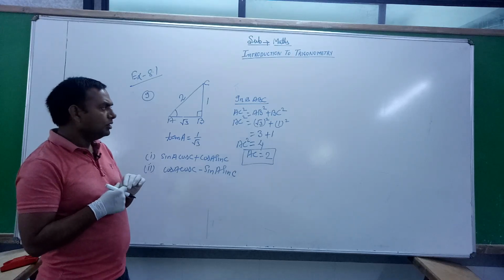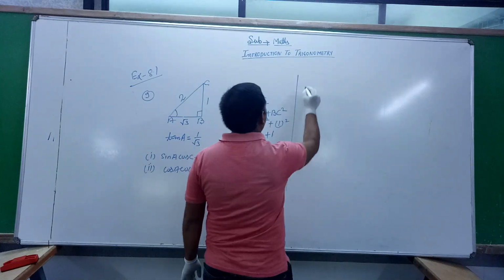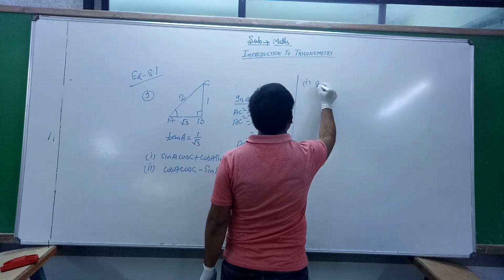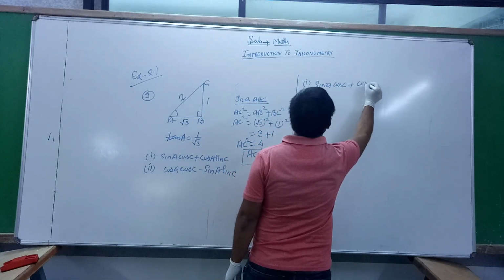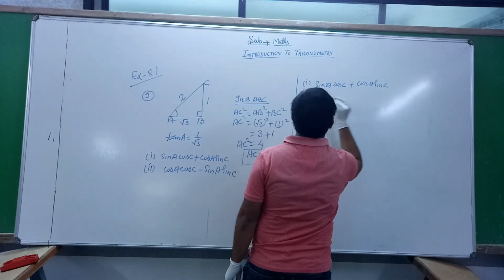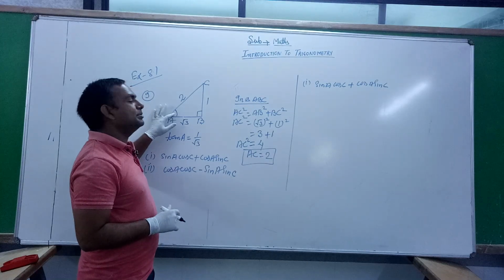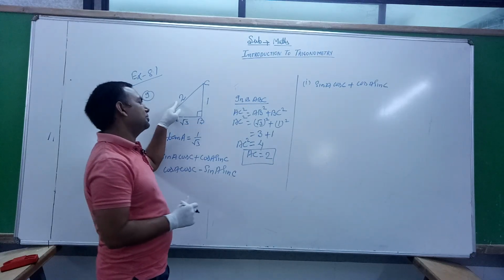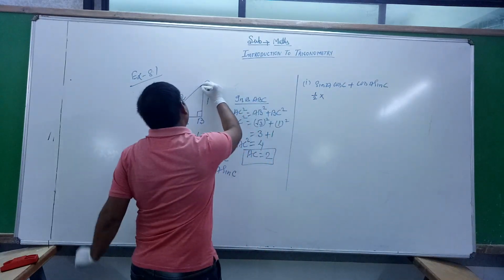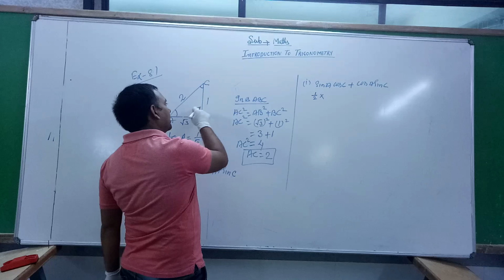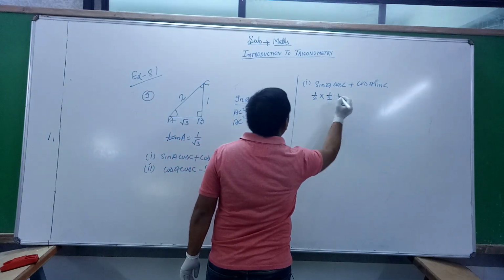Okay, so in the case of the question number first, it is sin A cos C plus cos A into sin C. You see here that sin A, if you take that angle, is equal to 1 by 2, into cos C. If you take that angle, this is the perpendicular and that is the base, it is also 1 by 2, so this is 1 by 2, plus.